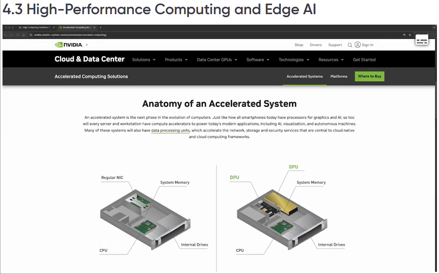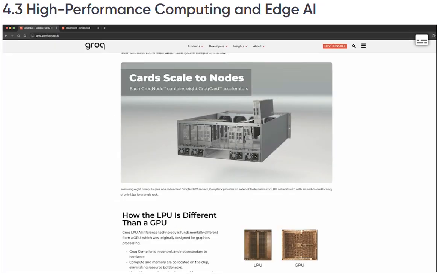Even though this course is about building a lab, I would like to share with you at least a high-level overview of high-performance computing, what NVIDIA calls accelerated computing solutions, and also edge AI. So high-performance computing, or HPC, is basically the use of powerful computing systems, including GPUs, DPUs, of course, the integration of CPUs as well. Also, the implementation of ASICs, which of course is not represented here because NVIDIA focuses on GPUs. But there are other companies like Groq, and this is not the AI model from X. It's actually a compute platform that specifically designs chips, or ASICs, that are tailored for AI